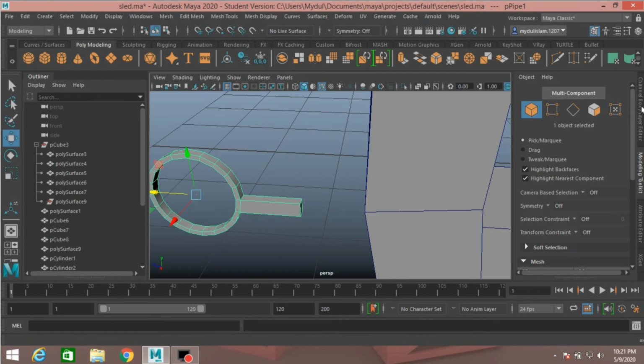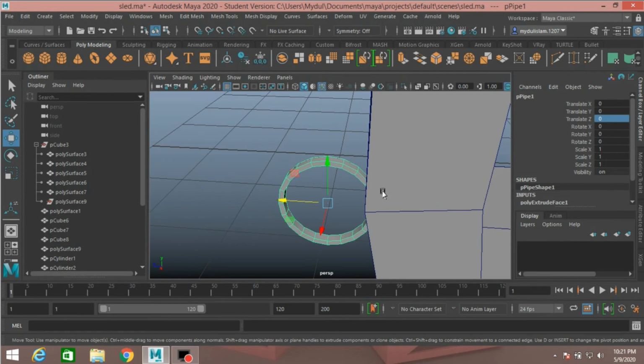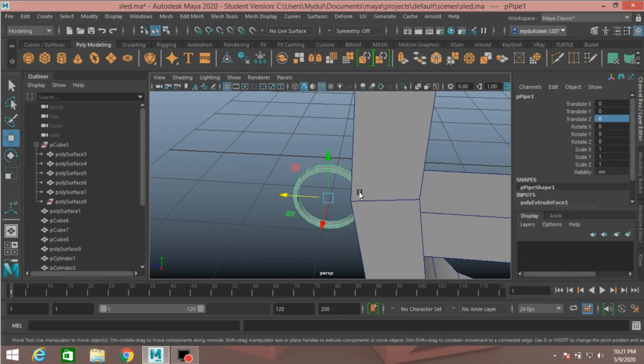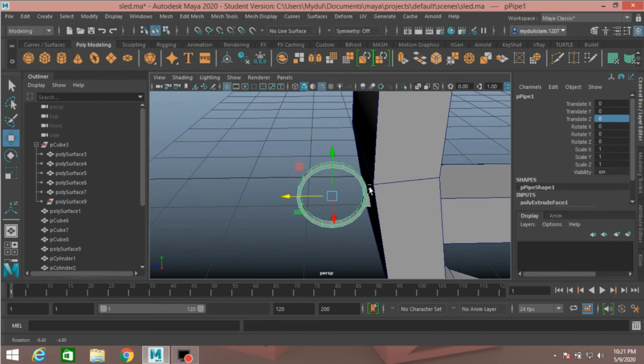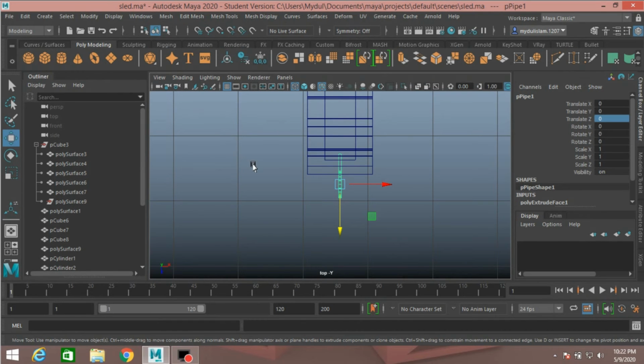Now go to object mode, type 0 along translate z-axis, and go to top view and see it is attached to that object.